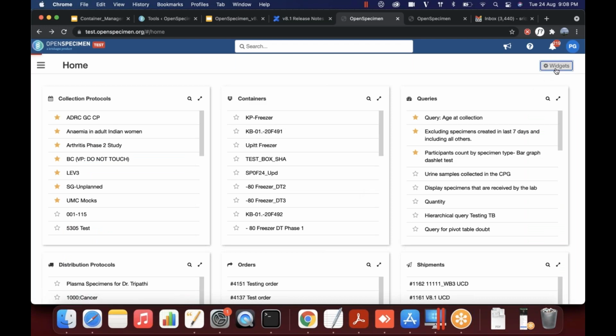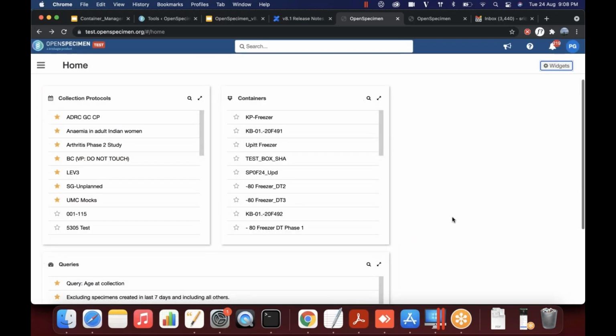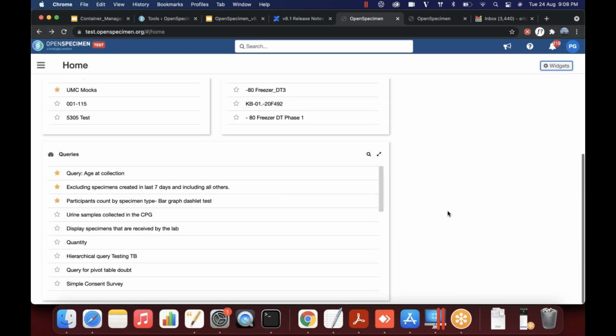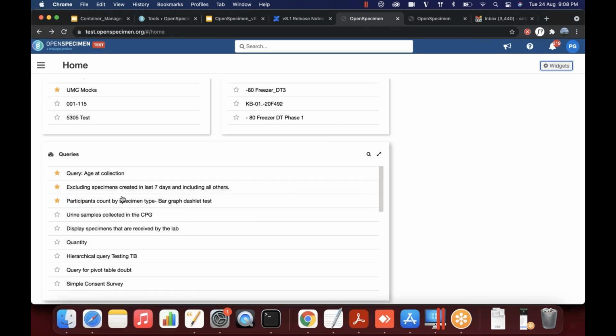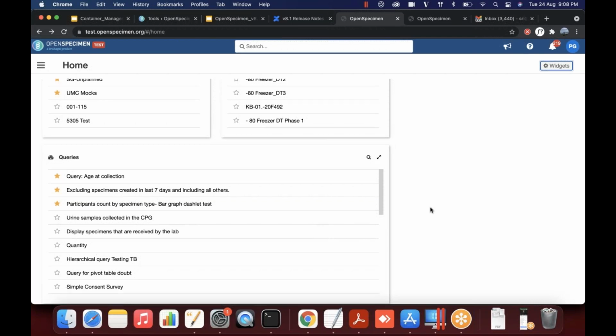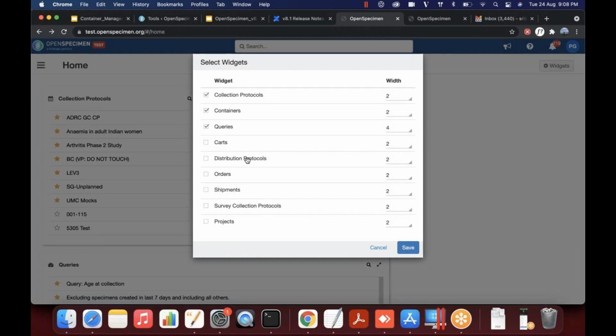The cool thing here is that you can configure this. Suppose I don't want shipments, let me do this, and I want the queries to be displayed wider, so I'll say width is 4. Now you see that the page got rearranged. You don't see other widgets and you only see collection protocols. Since queries can have a longer title, I put it in a wider shell. You have options up to 6. For example, if I want to include, say, let me move this here,